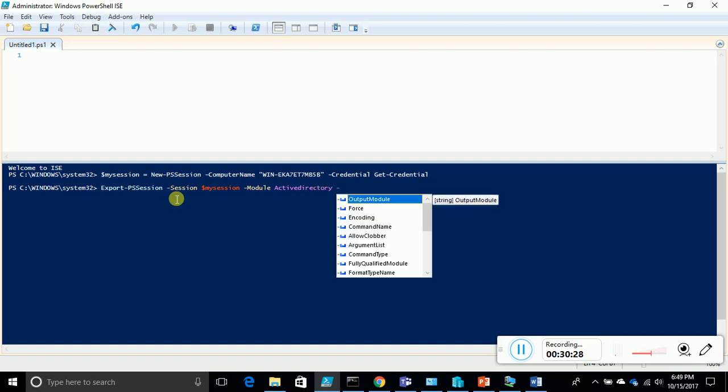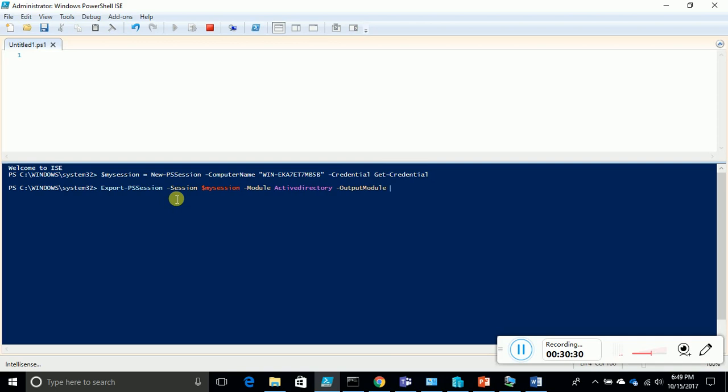Then we give an output module. What the output module will do is export the session from the remote computer, get this module in that session, and then save a module on your local computer with whatever name you provide over here. So if you provide here ADCmdlets,